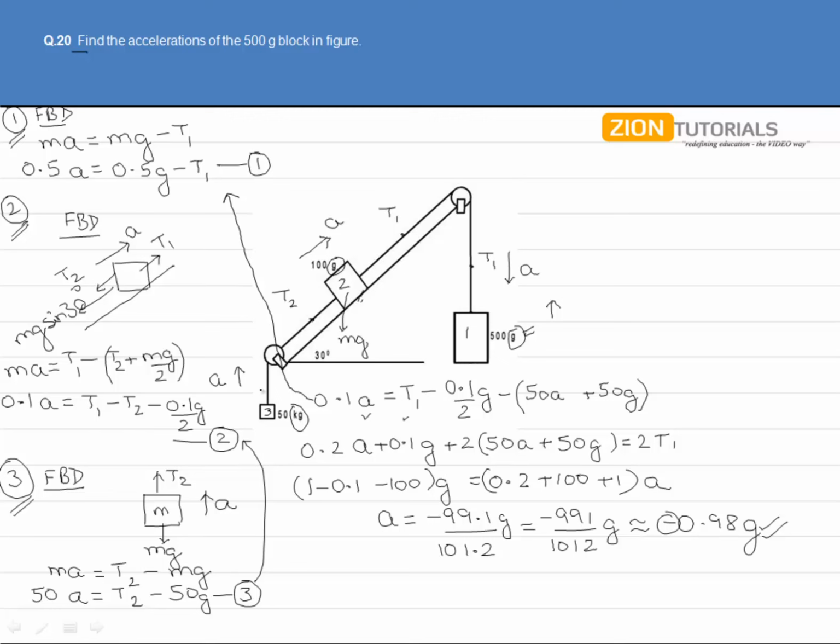Further, in all these questions, take care: if you have assumed this block going down, you can't assume the 50 kg block also to be going down, because if it is going down, the whole of this string will go up and this block has to go up. You can assume this block going upwards. In that case, you will have to change the direction of the 50 kg block accordingly. Then you will have to make it going downward. So adjust all the blocks in that way only.